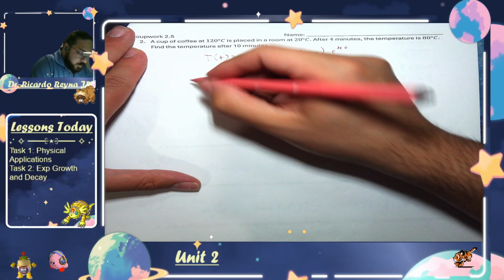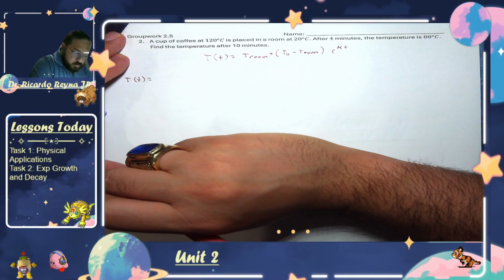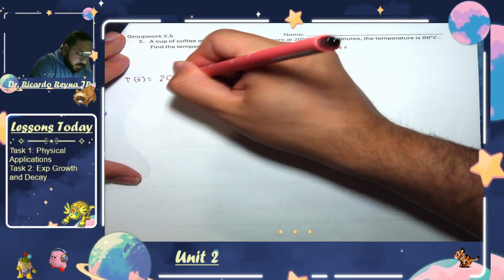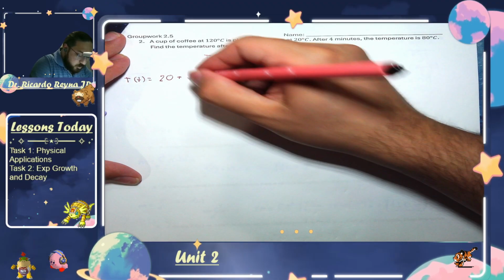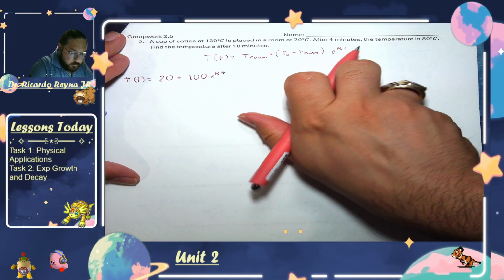For this problem, room will be 20, and initial minus room will be 100 e^(kt). And then we're told after 4 minutes,